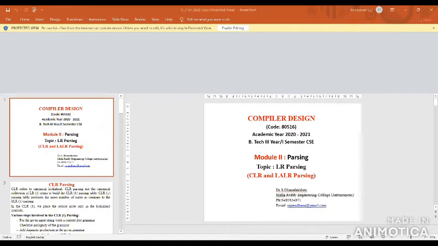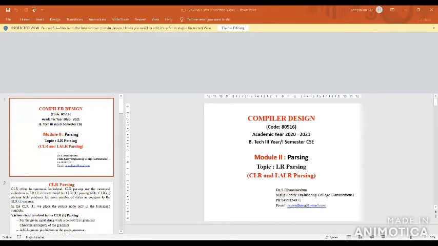Previously we did a top-down parsing table. There, you give an input string and check the stack, input and action, and based on that you verify all the data. Similarly, you have to check with the SLR parsing table construction. I give one input string, and based on the input string, we will construct it.